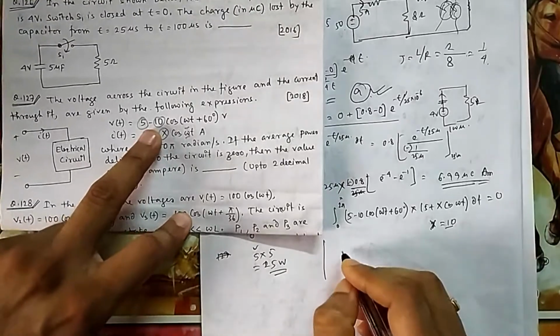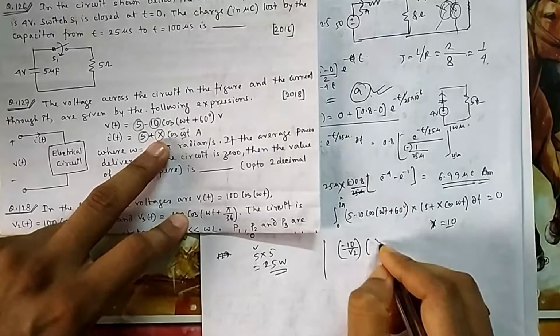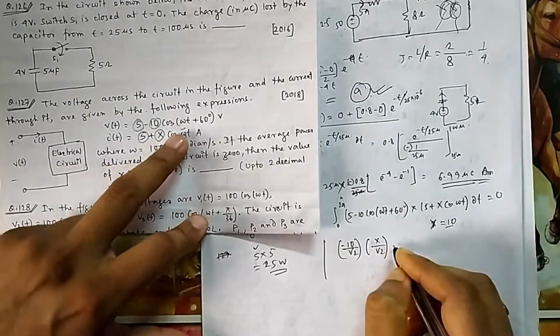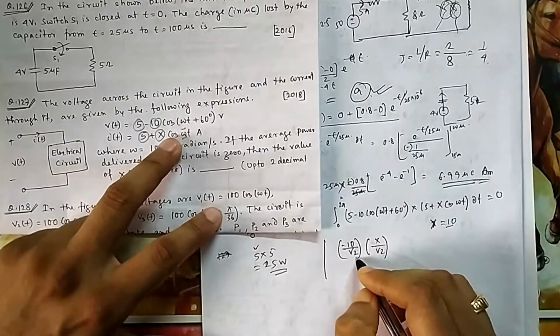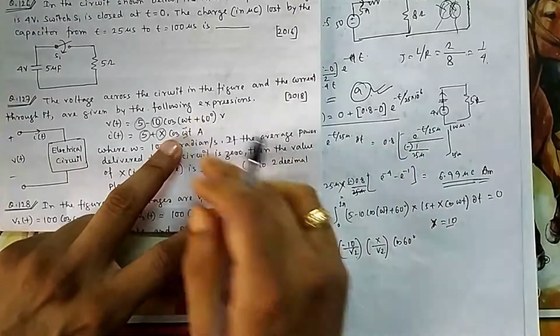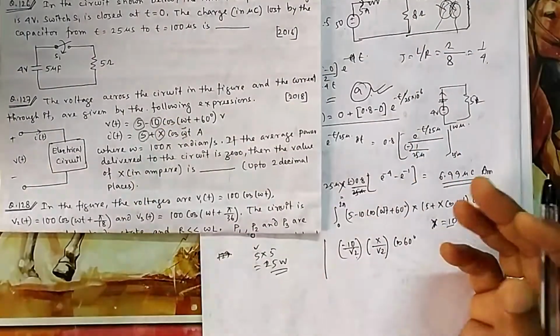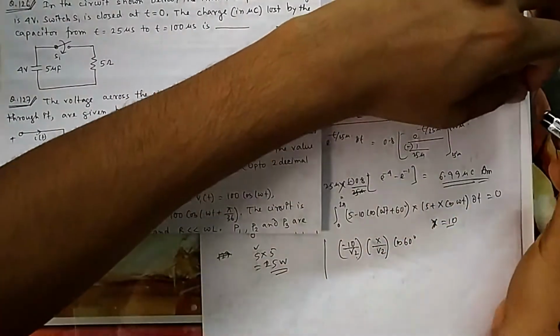Now on the voltage side, if you give minus 10, you see minus 10 by root 2, then you are getting current x by root 2, and then power is equal to V rms I rms cos phi, cos 60. The angle between these two is 60 degree. Both are cos, there is no problem. You can convert both to sine, so ultimately the angle will be the same. Both can be cos also, both can be sine also.